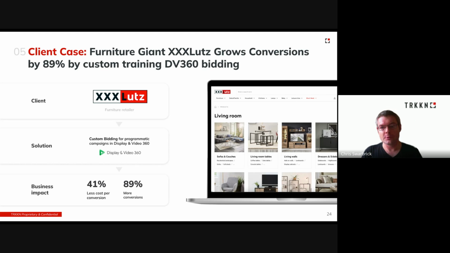So what we did was we helped them to develop a custom bidding script, which gave a different value to different outcomes. So clicks were good, yes, but going deeper into the site better, and download best of all. By helping Google's embedded AI to understand what the client valued, it could bias towards more performant traffic. And by getting it to understand that it needed to do more to drive catalog downloads, this in turn meant that it could make more effective decisions, power that embedded AI learning, and ultimately you can see a really, really powerful outcome with the cost per lead nearly halving.